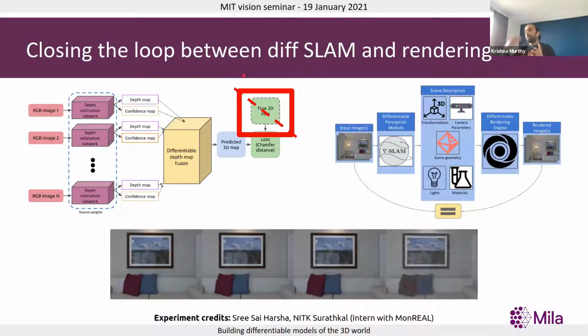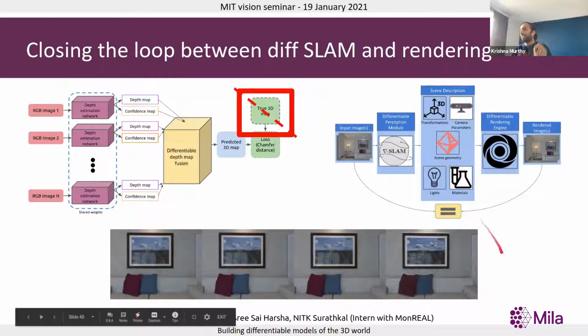And you want to render them out again from the same viewpoints that you initially observed them from. And all of these things must match up because you're rendering the images that you just reconstructed. This is still just a one slide pitch for an upcoming work. So yeah, just a preview result.